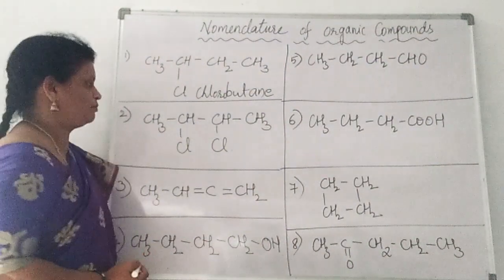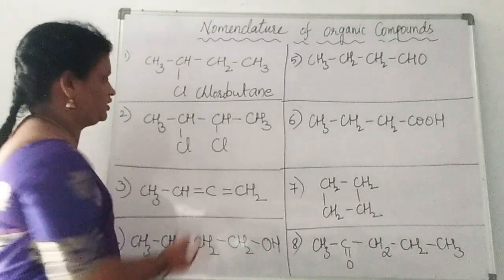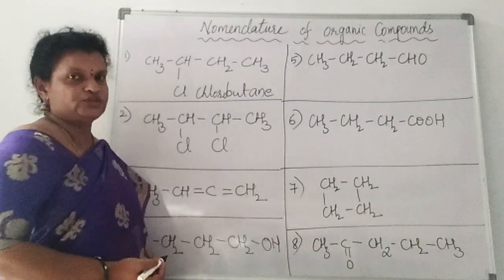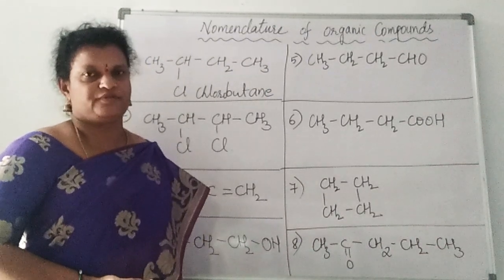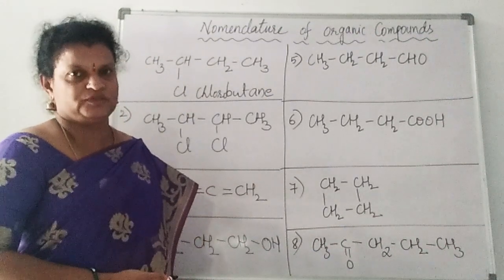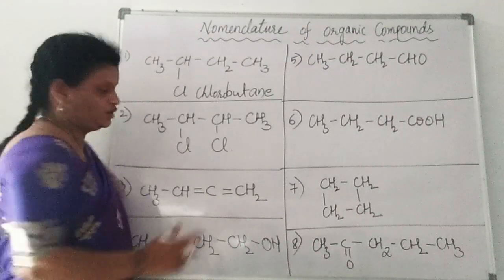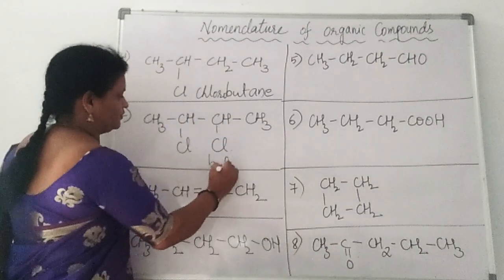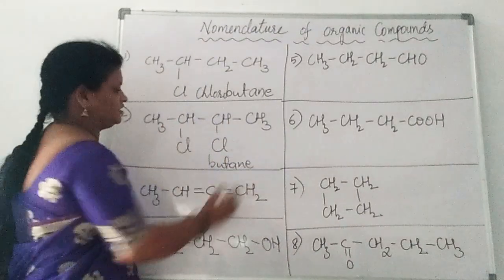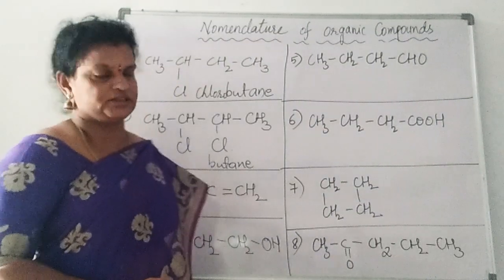Then coming to second compound, here also we have the 4 carbons only, but here 2 halogens are present. So here we have to write the number prefix and also numerical prefix for this secondary prefix. So what is the secondary prefix here? Halogen. What is that? Chloro. So first shall we write root word here? Butane. Because anyway halogen is written as a secondary prefix. We are not going to have any secondary suffix in this case.